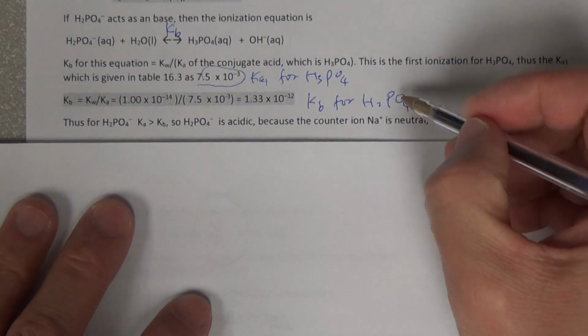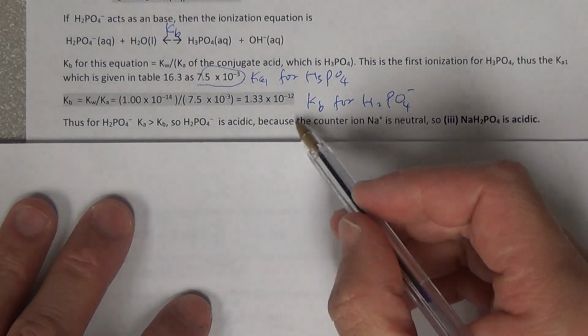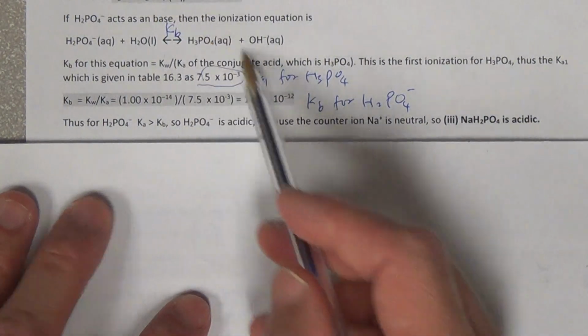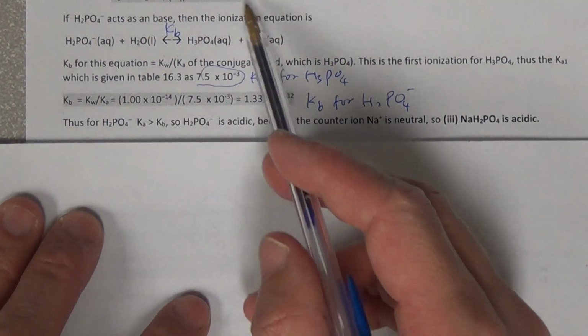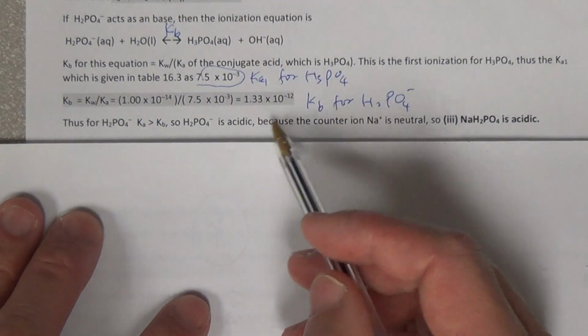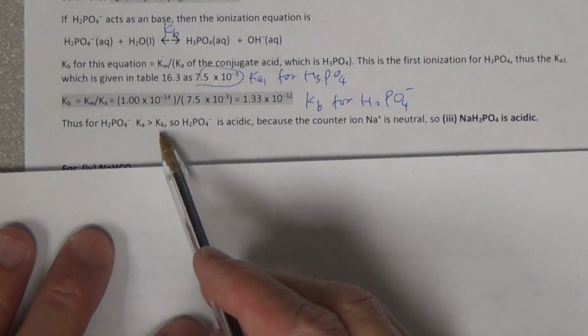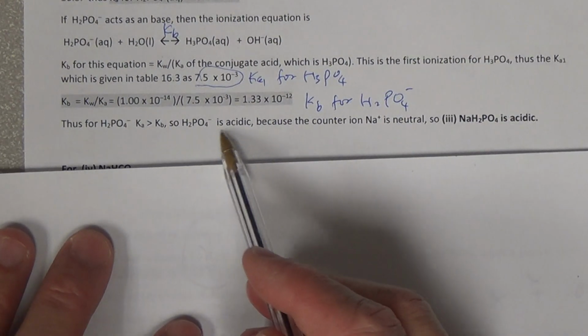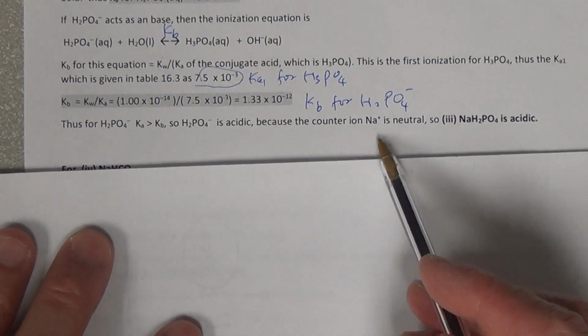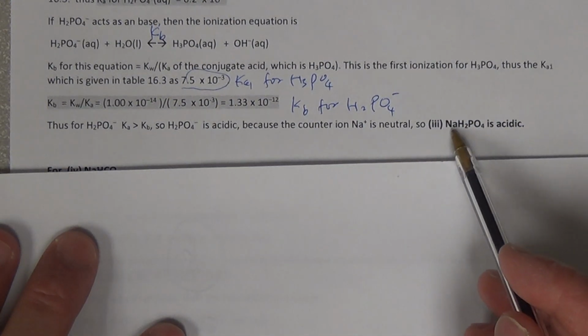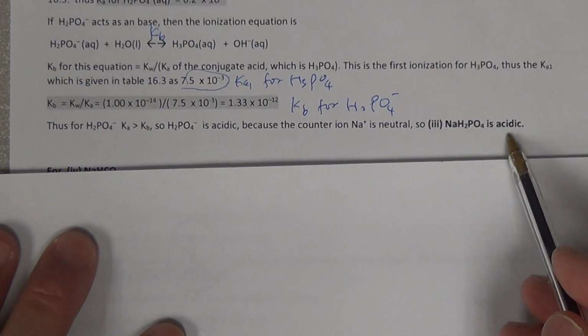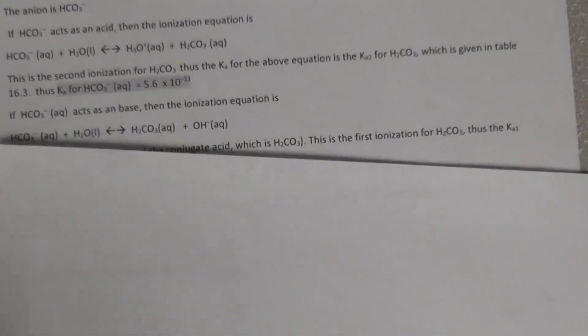H2PO4-. So compare this Kb with Ka, and this Ka is still bigger because Ka is 10 to the -8, this is 10 to the -12. So Ka is larger than Kb for this, therefore this is acidic. And Na+ is neutral, so altogether neutral plus acidic gives acidic. So the last one is